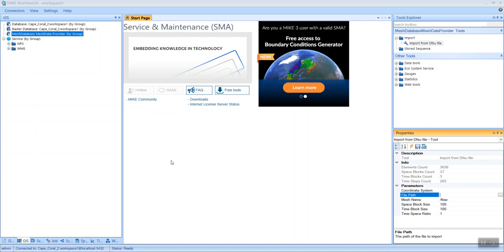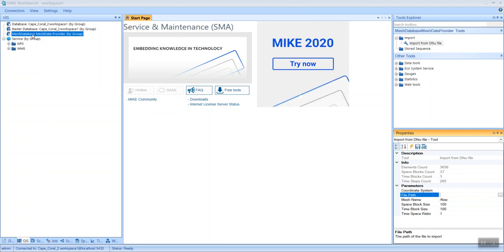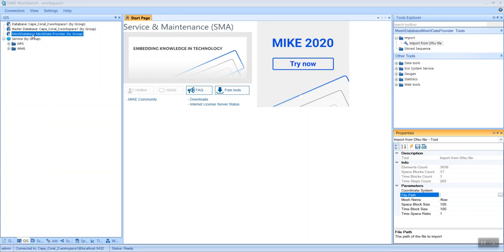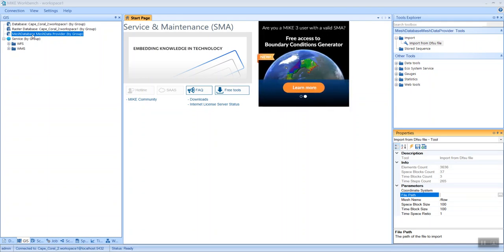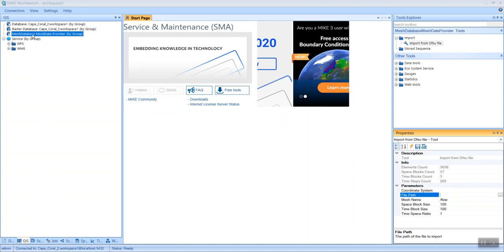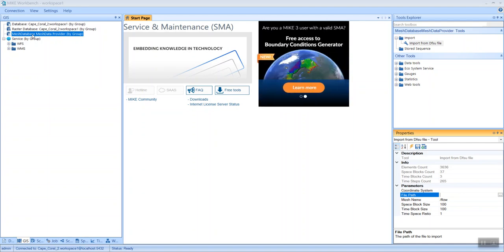Today I want to show you how to work with the mesh database. The mesh database is a specific GIS storage in the GIS Manager that will help you work with unstructured data. By unstructured data, I talk about DFSU files. So you will be able to store and process the data in Mac Operations. That's a very useful feature when you work with real-time models, for example, Mac 21FM or MacFlood.